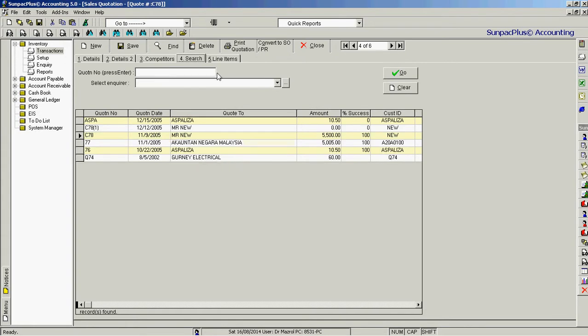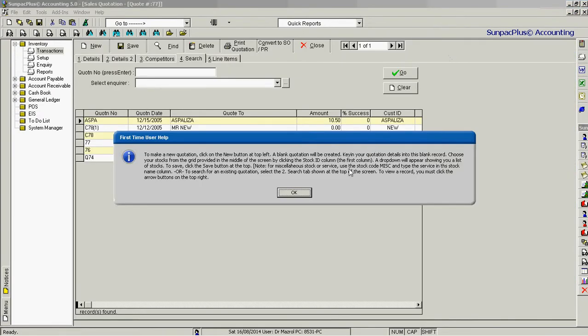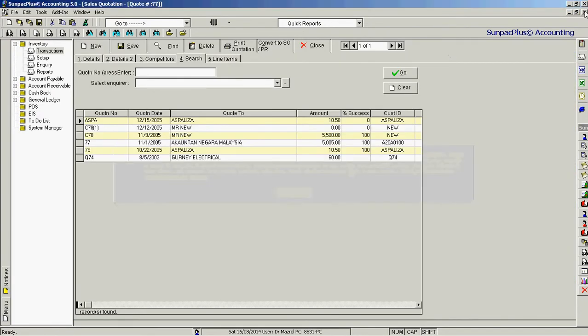And the last one, line items, actually allows you to enter quotations that have descriptions which are very long, that runs into multiple lines. So let's just close that. We've just seen the quotation module. I'll close that. And the next